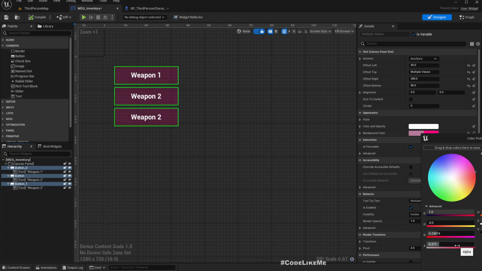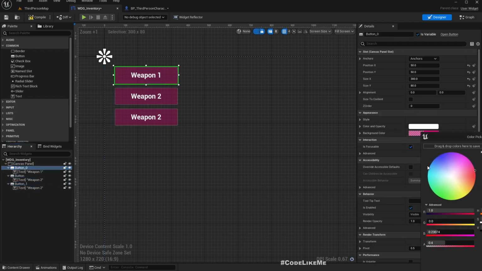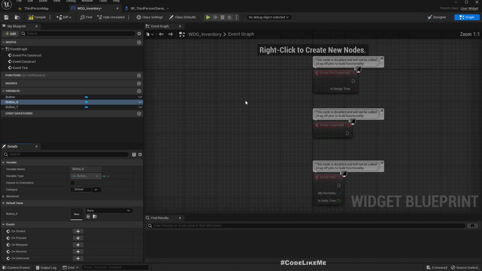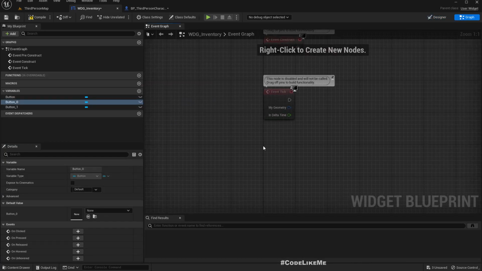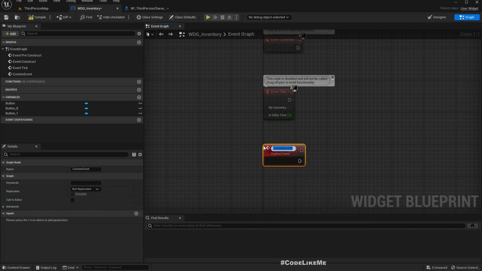Okay, by default I'll have some opacity like 0.4, and the selected one should have a high opacity like this, and whatever I select should be highlighted. I can highlight it this way. So to do that, here I'll set up a custom event, select